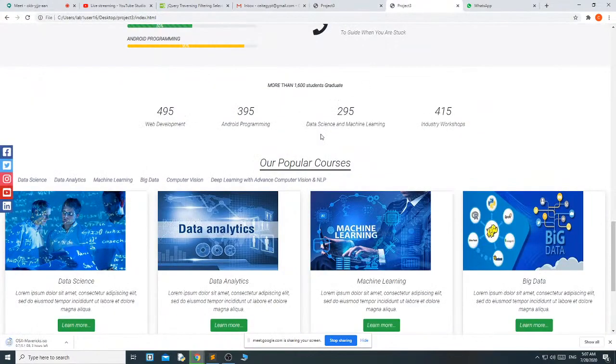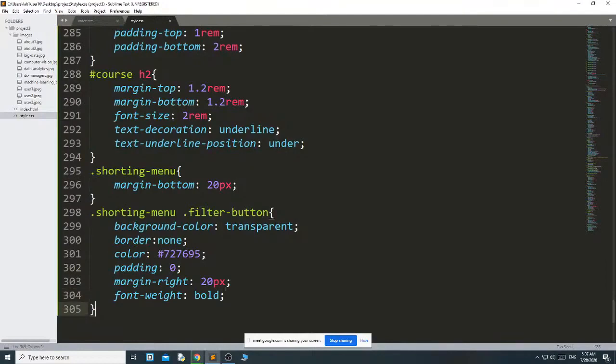That we will apply, that dot sorting menu dot filter button hover.